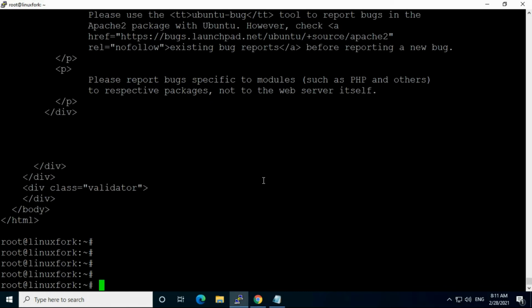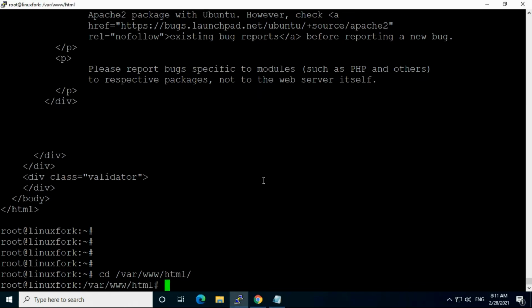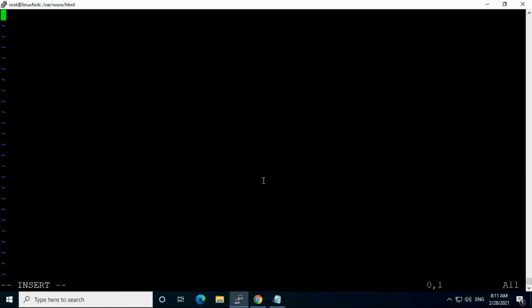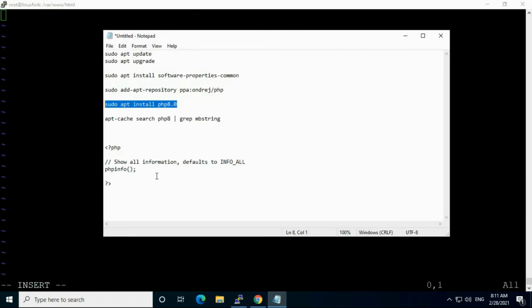Now I am going to create a PHP info page in the /var/www/html location. I am going to use the vim command, phpinfo.php, this is the extension. I am going to write some code here. I already have that code, I am just copying and pasting it.